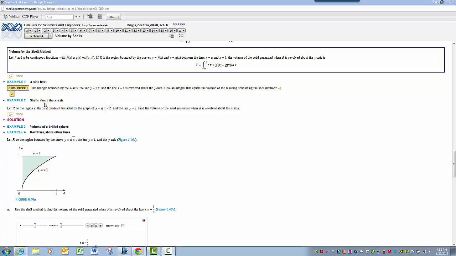Okay, let's take a look at example number 2, and we're going to generate shells about the x-axis. So they want R to be the region in the first quadrant that's bounded by this graph and this line. So I'm going to go ahead and draw that out. So what we have